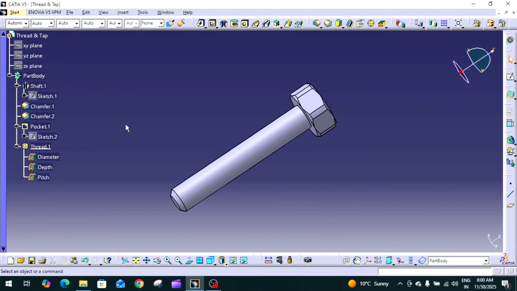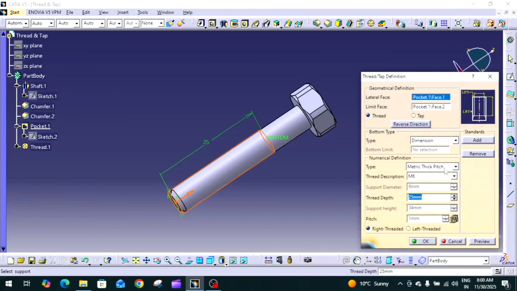make the drafting of this or create a drawing from this one, then we will get the threaded view of this one. The threaded view is not like the helical shape, it will represent the thread. How it will show you, I can show. It will look like this: one line and another line, and these chamfers as well. Okay,